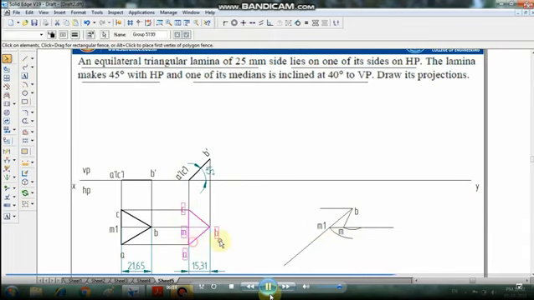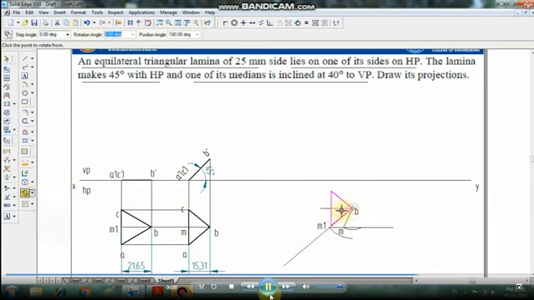Now we have to move this with the median. We have to make a median over here. Move this B and keep it on that B. Now rotate.